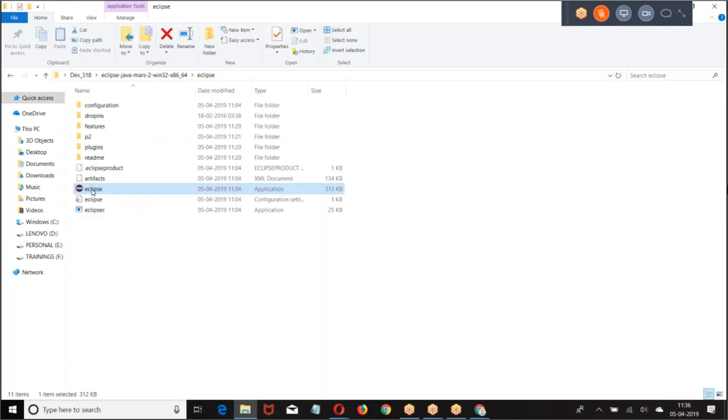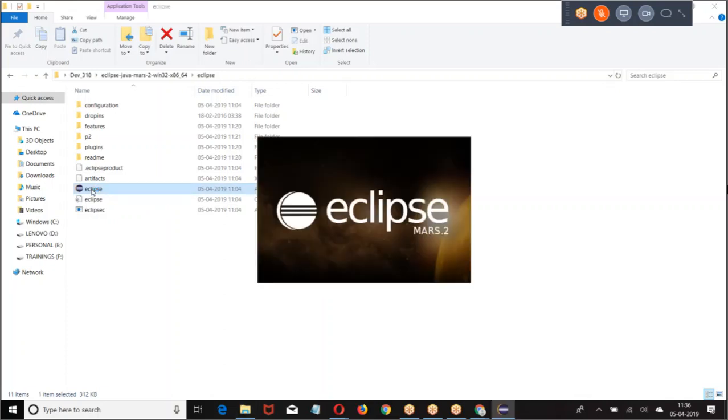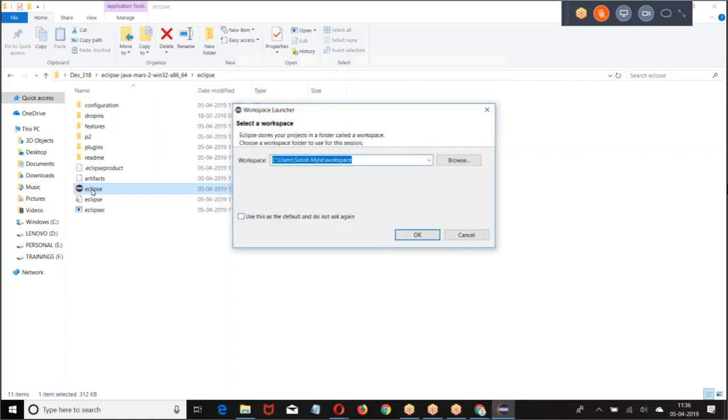Click on the zip file and extract it. You find the Eclipse logo. Click on that Eclipse logo.